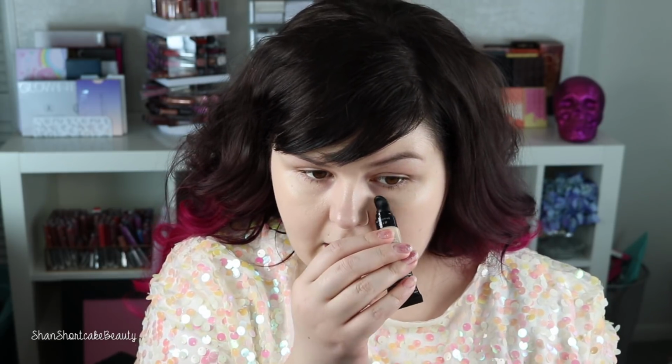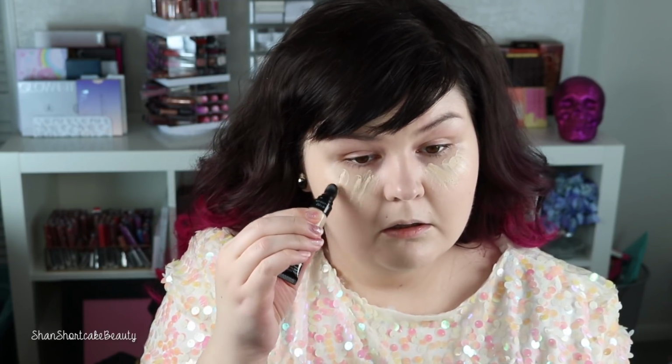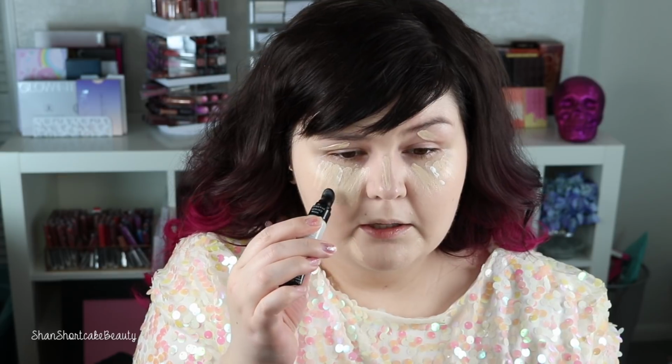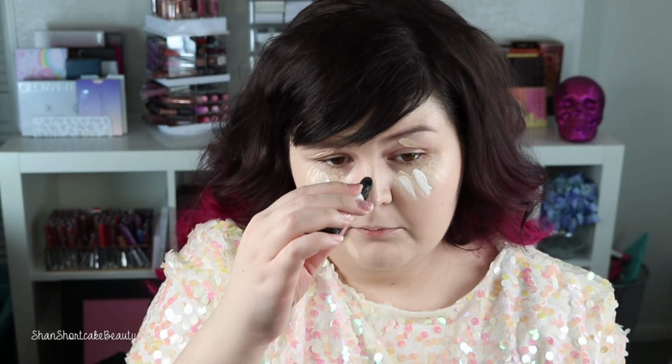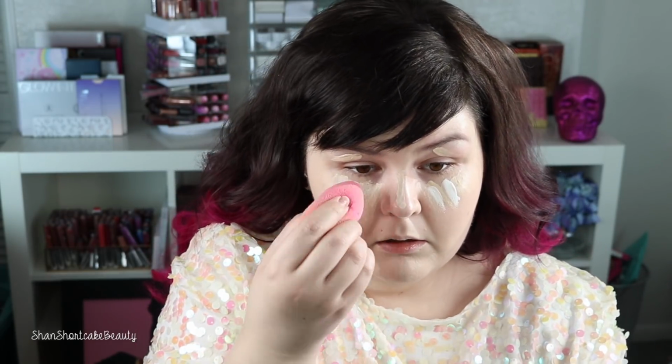So the concealers I'm going to use are just the BH Cosmetics ones, but they are shades that I haven't used before. So I have shade 100 and the white one. This one's really thick, so I feel like I have to really work with it really fast. Because I've used 101, I think, whatever the normal one is. It's a very, very thick concealer. I really want to use the white one too, so let's just use a little bit of the white one. Whoa. Okay, a little bit turned into a lot. That was an accident. Let's blend it out and hope that I'm not going to be...